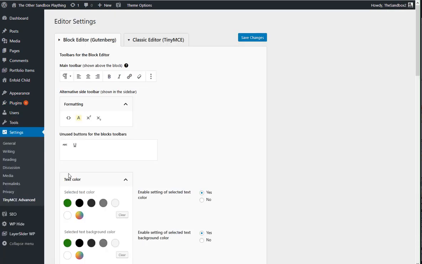The first settings you want to do, when you go to the settings page for it, you'll see there's two sections, the block editor section and the classic editor section, depending on which one you're using, or even if you're going back and forth. So what they've done is they've appended to the block editor section the toolbars shown for it. Now there's a couple of